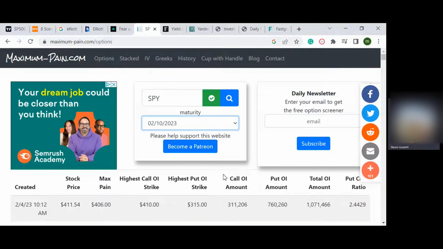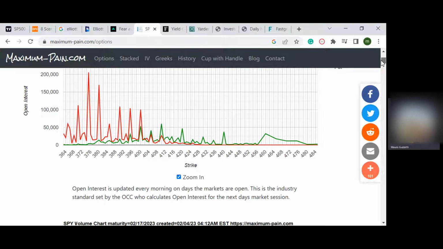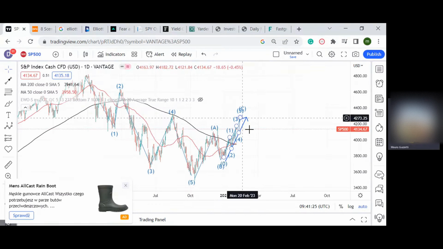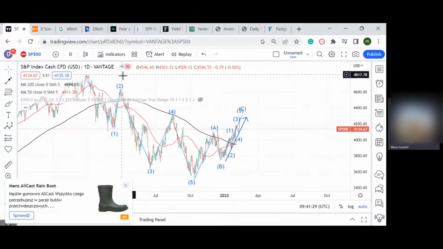But then on the 17th, if you were trying to buy puts in November, December, you could buy only for the 17th of February. There is a dramatic wall of puts. These are all going to expire worthless. So guys, it's very, very unlikely that this crash or this trend will resume within the next 2 weeks.